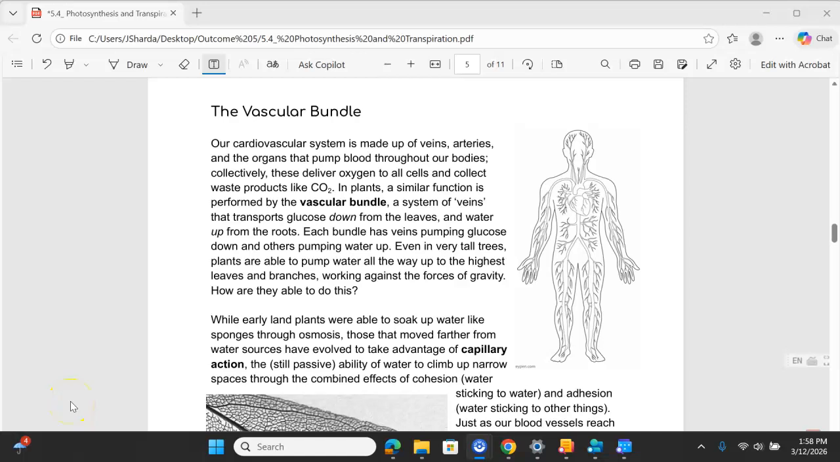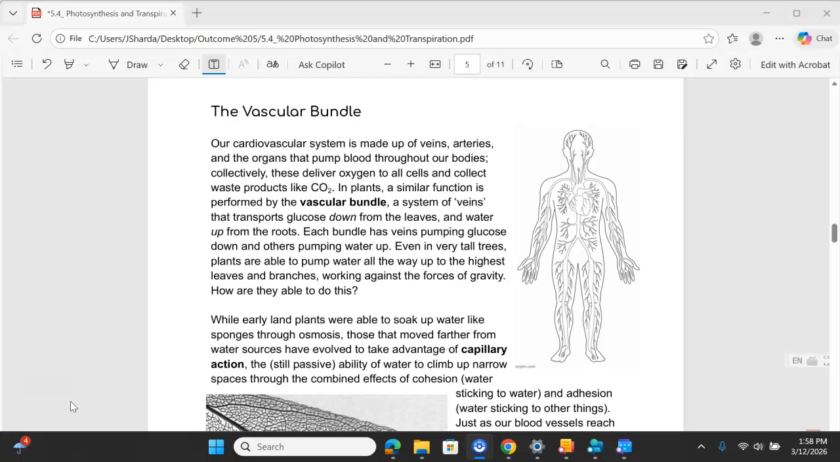In the second video, this is part of 5.4, we're going to find out how the plant moves water from the roots all the way up to the leaves through the vascular bundle. So let's find out what that is. The vascular bundle. Our cardiovascular system in humans and animals is made up of veins, arteries, and the organs